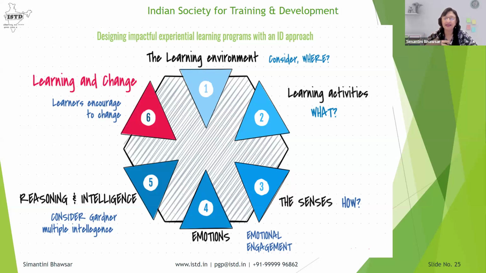senses, thinking, everything. So what Colin says is that you can adjust all the elements like experience, emotion, reflection, and action to suit the needs of the participants and to suit your learning outcomes, which means that you can contextualize your activity. It has to be relevant to the roles and the environment of the learner.